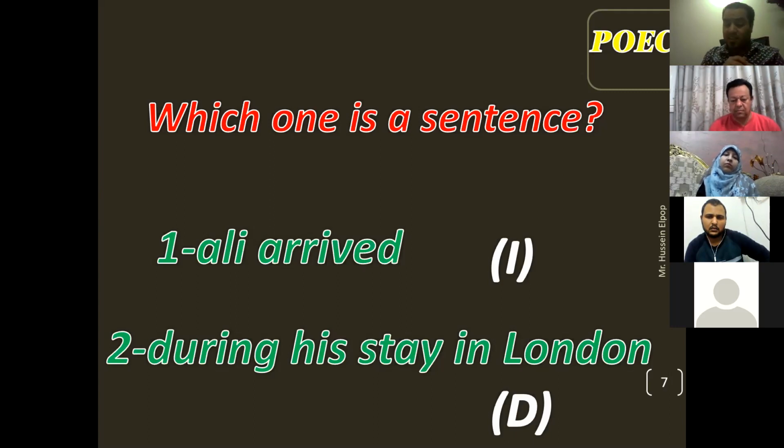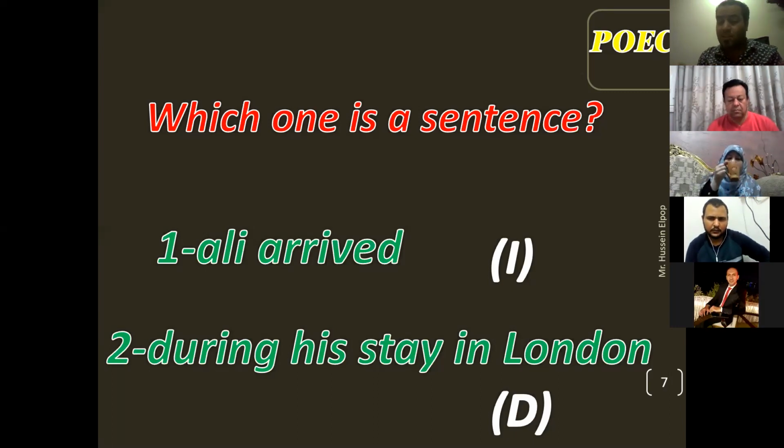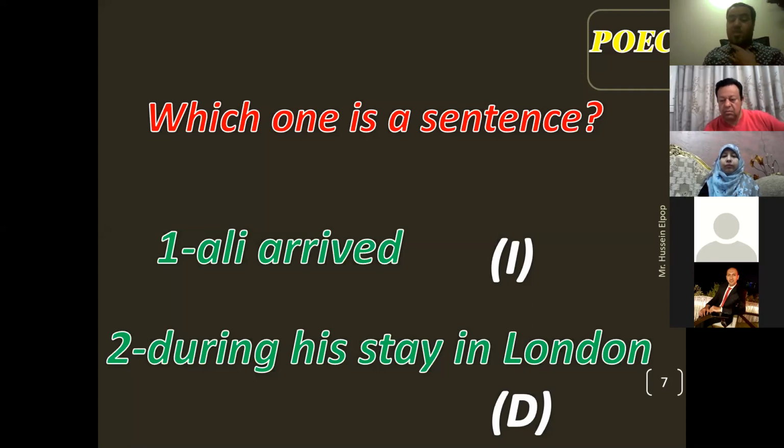And what about the second one? Yeah, it's a phrase. Why didn't you say it's a sentence? It has more words. It doesn't give a complete meaning. Yes, mashallah. So some people wrote that it is dependent or a fragment, and you said that it doesn't convey a message. There is no idea. There is no complete thought. So this is what makes the difference, my friends. Yes, thank you so much.